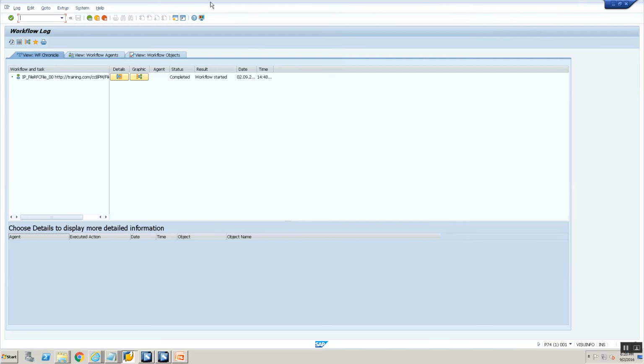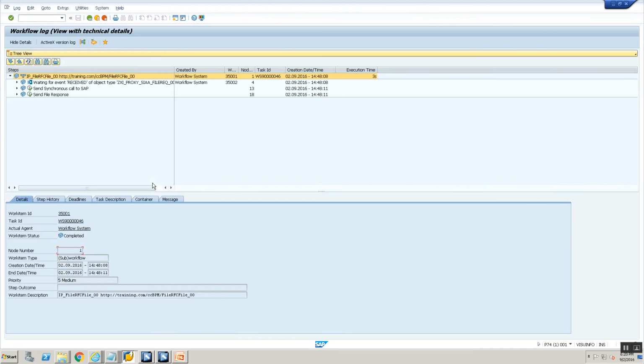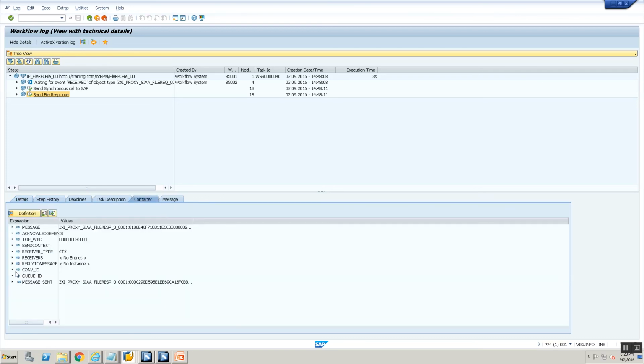You will see the entire workflow, and now come here into the workflow log and say list with technical details. And when you click on list with technical details, you'll be able to see what are the various steps that got executed and what was the step type, right? So I can click here and I can see, hey, what happened? What is the container? What was the message that came in? And if you see the message sent,